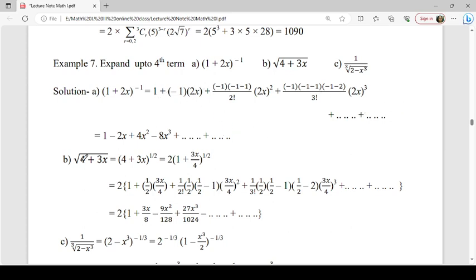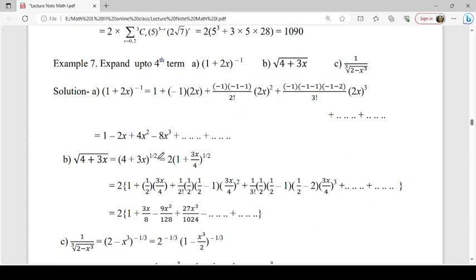So we calculate this: 1 minus twice x plus 4x square. This 2 factorial is 1 into 2, this will go. This is 3 factorial, 1 into 2 into 3. So the sign will be minus, so 3 factorial will go and my sign will be minus, so minus 8x cube. Then the next one, we see 4 plus 3x, we write it as (4 plus 3x) whole to the